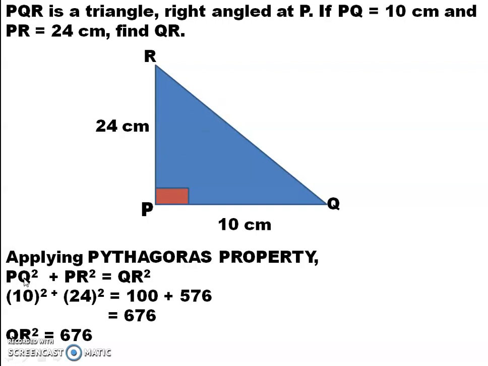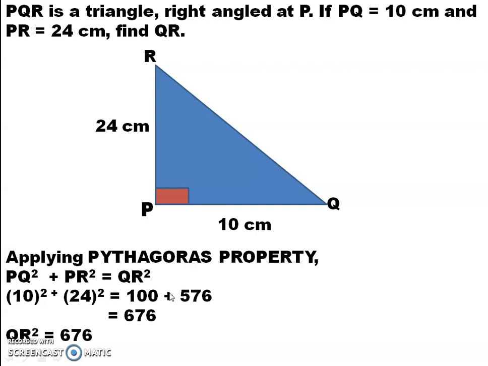Now, substituting the values, PQ is 10, PR is 24. 10 square plus 24 square is equal to, what is 10 square? What do you mean by 10 square? It means 10 into 10. 10 into 10, 100. 24 square means 24 into 24,